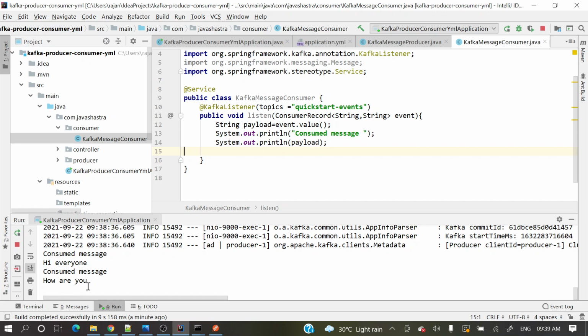So this is that entire end-to-end program, of how we push a message to a Kafka topic, and how we listen to a message from the Kafka topic. This is the end-to-end program, right? Hope you got some idea of how we send that message and how we read the message.